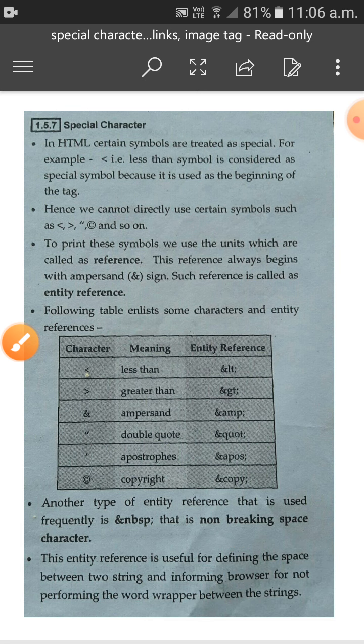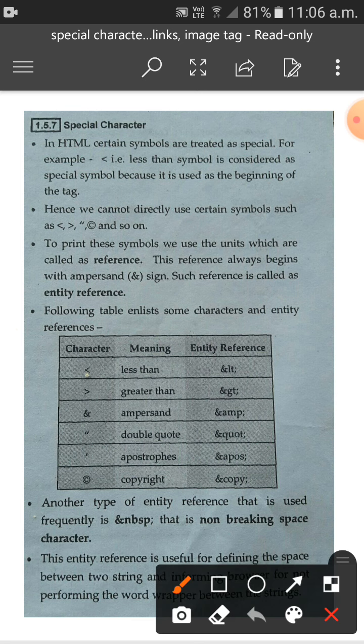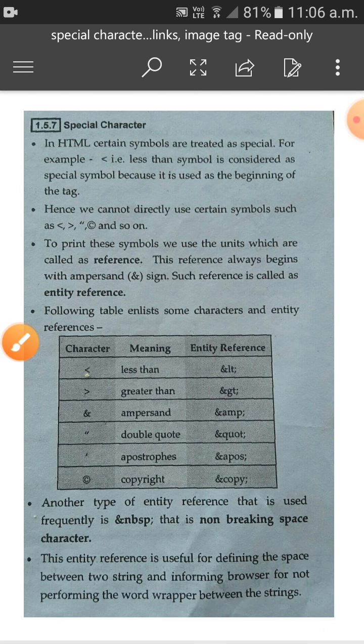This entity reference is useful for defining the space between two strings and informs the browser not to perform word wrapping between the strings. To provide the space between two words we use ampersand NBSP, that is non-breaking space.